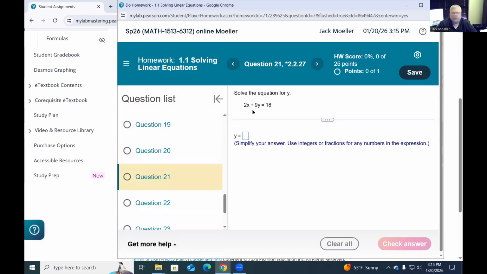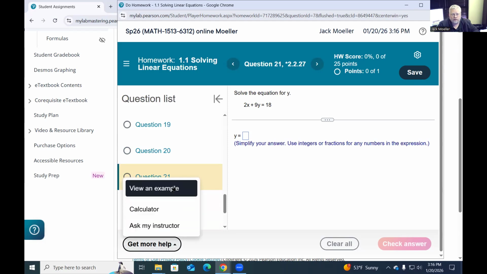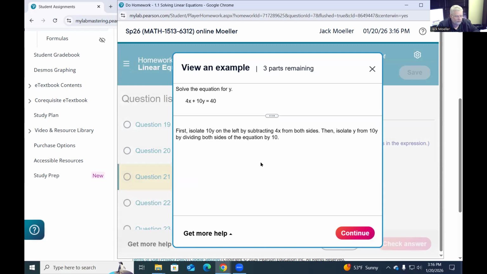Something like this, we talked about this. You're going to subtract 2x from both sides, and you're going to divide everything by 9. Whether or not you need it in one big fraction, or if you want to divide each one separately, this is where, if you think you're doing it right and you don't know if you got the answer written like MyMathLab wants, go to that example, which the vast majority of these problems do, and go all the way